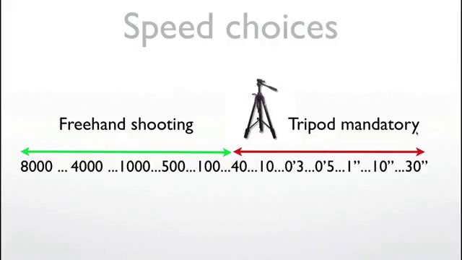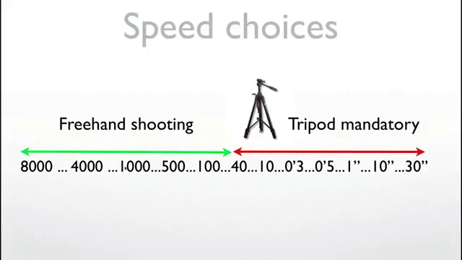Well, roughly this is how it goes. This is the fastest speed that it has, 1/8,000 of a second. Imagine how fast that is. You need to have a lot of light to capture a photo at 1/8,000 of a second. Then it goes down to